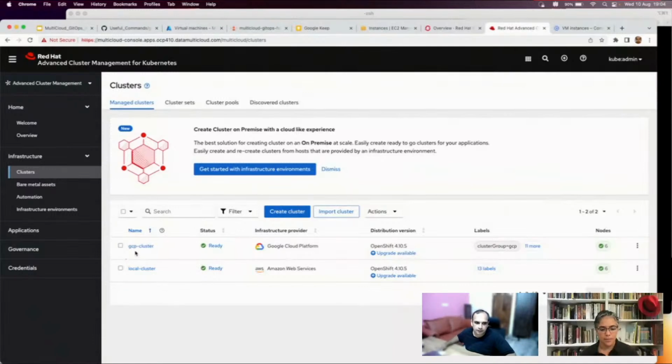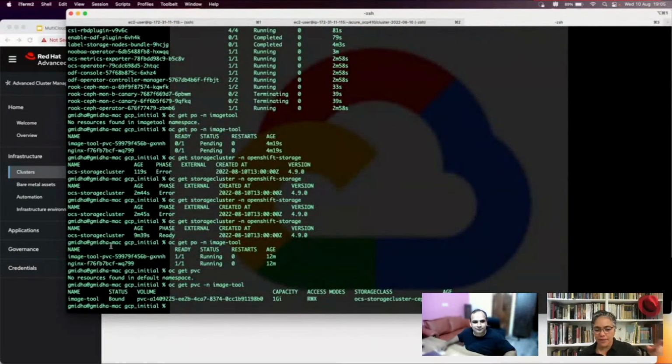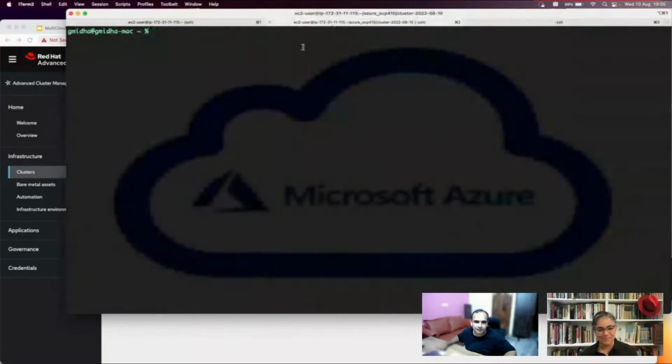I'm going to add the Azure cluster here, and it may take 9 to 10 minutes to set it up properly to make it available as a managed cluster. That's why I'm doing that particular step right now. I already added the GCP cluster to ensure that we have a working demo in the video. So are you adding or importing? I'm importing. All right. So let me just